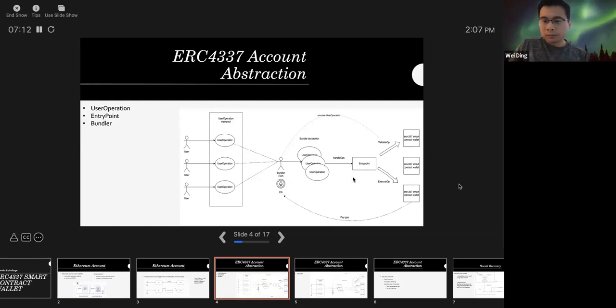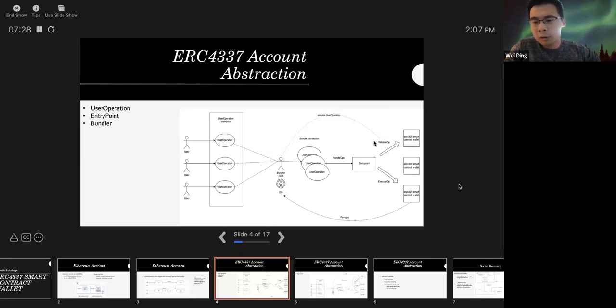The entry point requires the smart contract wallet to implement basically two interfaces. The first is validate user op, and the other is execute op.